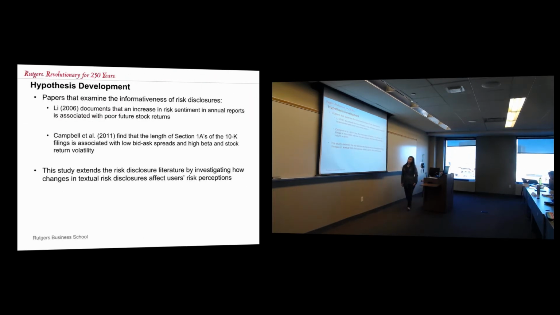There are 2 papers that examine the informativeness of risk disclosures. The first is a Lee 2006 paper that documents an increase in risk sentiment in annual returns, and that this is associated with poor future stock returns. And the second is the Campbell et al. 2011 paper, which finds that the length of Section 1A, where the entity discloses the risk factors, is associated with low bid-ask spreads, high beta, and